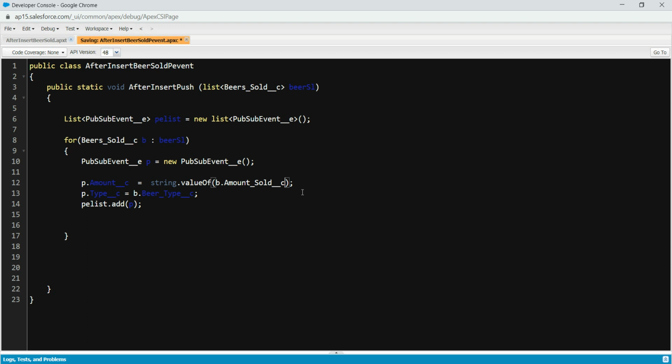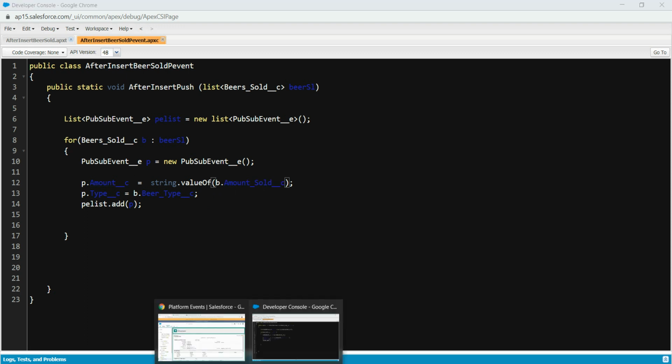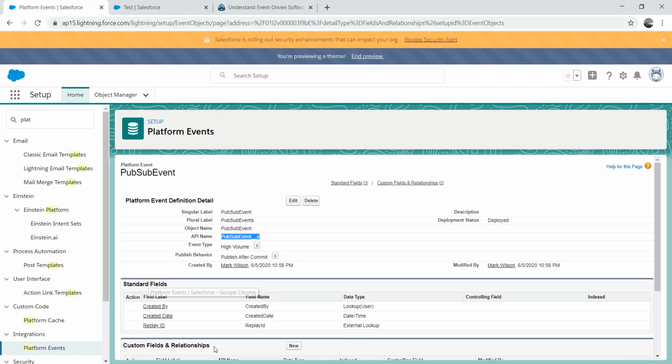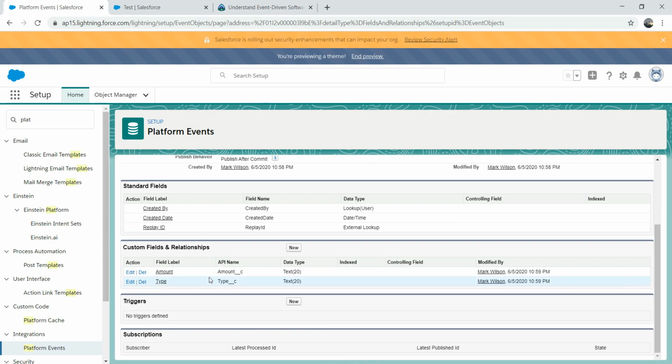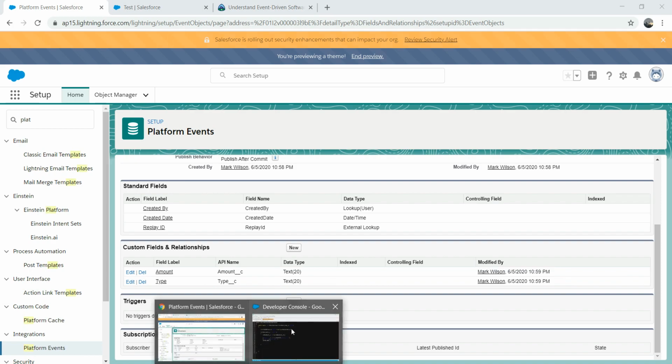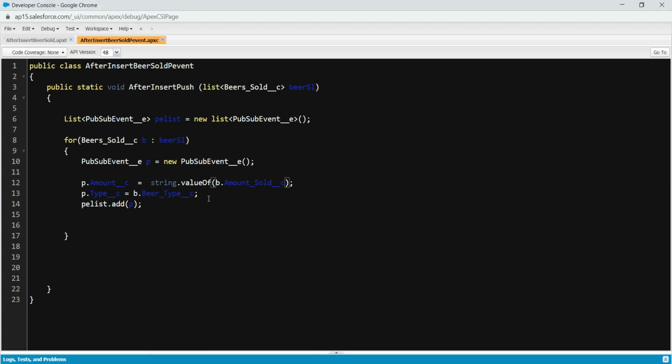Sorry, that's correct. Amount sold to this amount, this one, right? And then type to the beer type. Remember, I've selected porter or stout, the type, so that's one of them. And then I've added to the list as usual. You know how the collection works, right? So okay, now there is something called